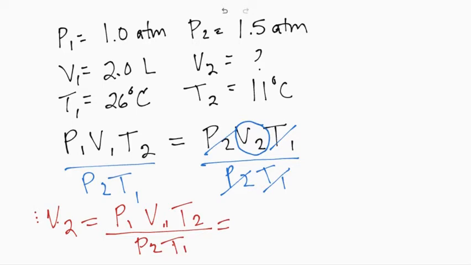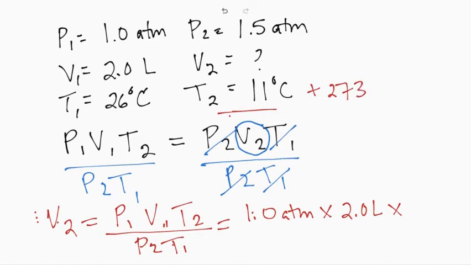According to my list, pressure is 1.0 atmospheres. I'm going to multiply that times 2.0 liters and multiply that by T2. So I have to remember to look on this side. Got a problem though. Temperature has to be in kelvins. And so before I plug it in, I'm going to add 273. And so my temperature is going to be 284 kelvins. And then all of this is going to be divided by P2, which is 1.5 atmospheres,